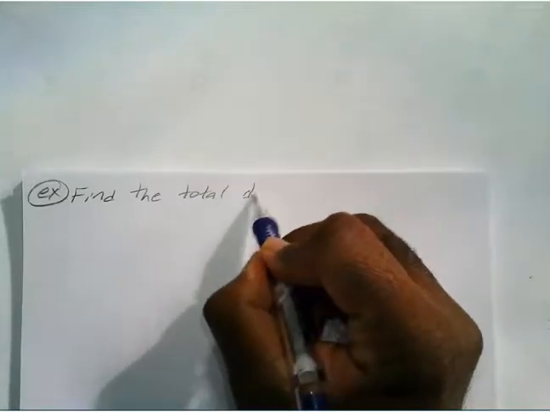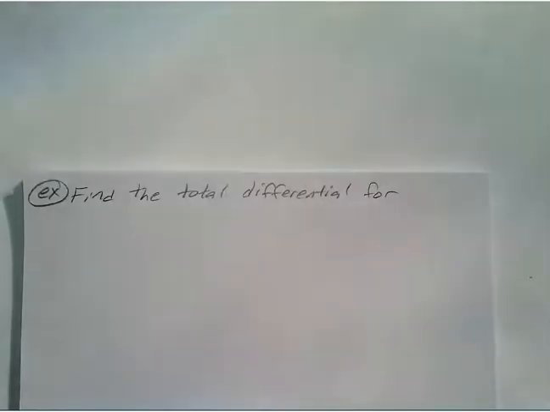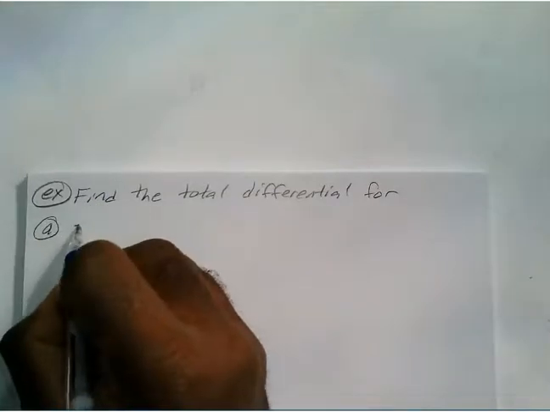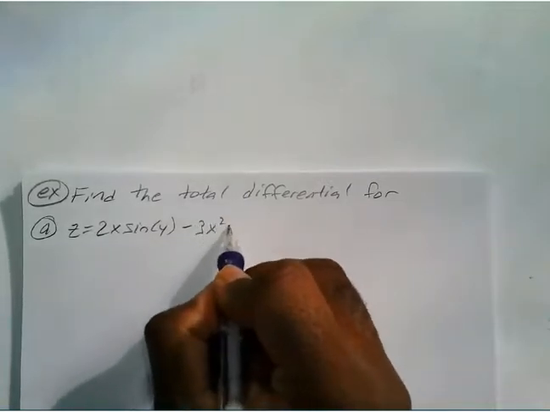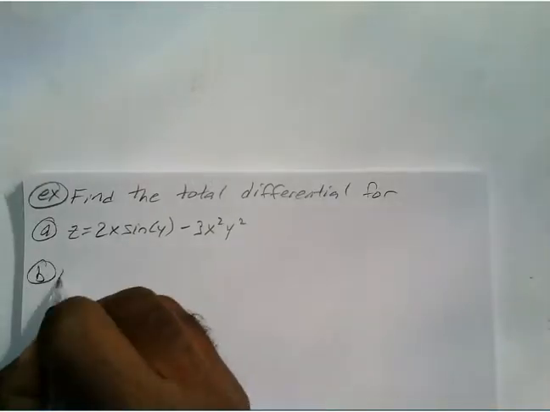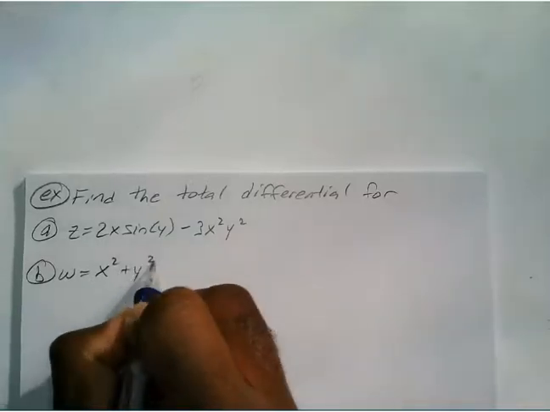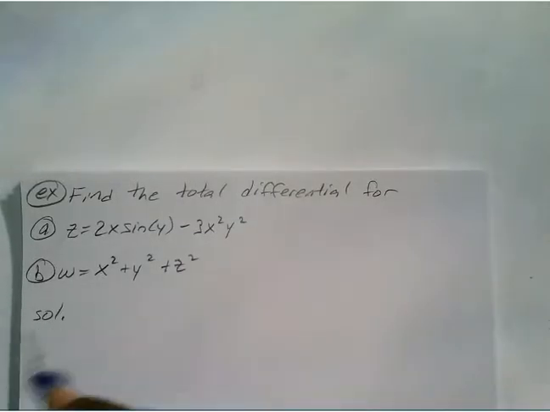Alright, so let's say, for example, to find the total differential for, say for problem A, if z equals 2x sine of y minus 3x squared y squared. And for problem B, w equals x squared plus y squared plus z squared. Okay, so to solve this one,